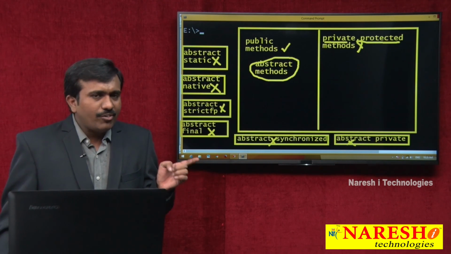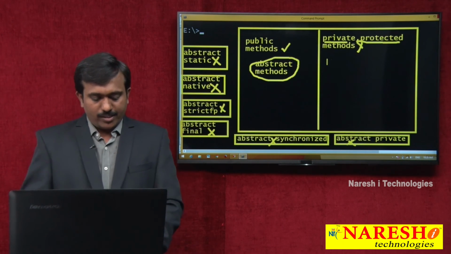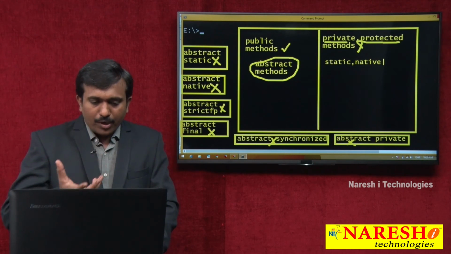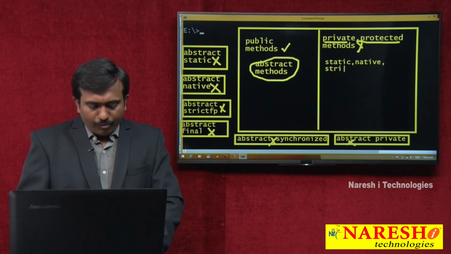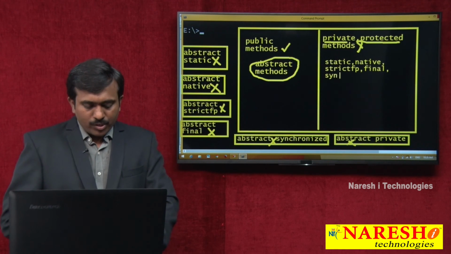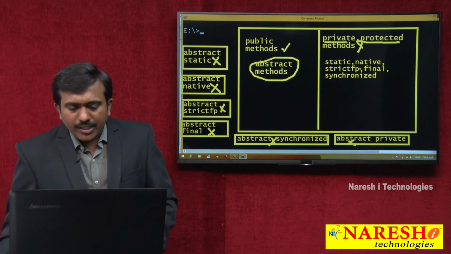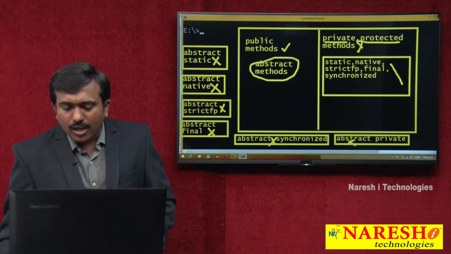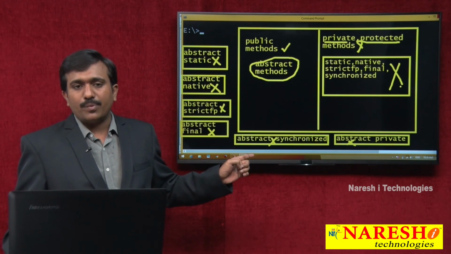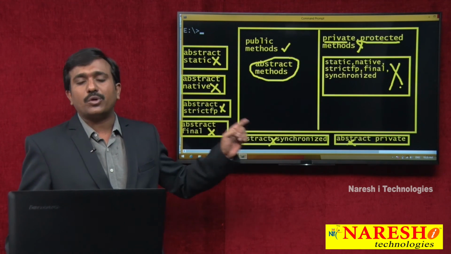So by default the interface methods are abstract methods, meaning inside the interface static methods are not possible, native methods are not possible, strictfp methods also not possible, final methods are not possible, synchronized methods are not possible. So inside the interface which methods are not possible? Static methods, native methods, strictfp methods, final, synchronized methods are not possible to declare.